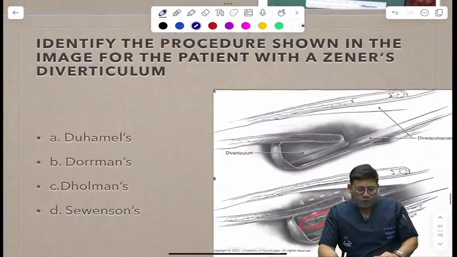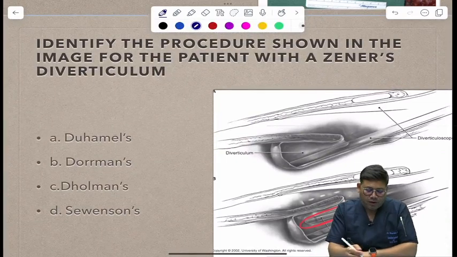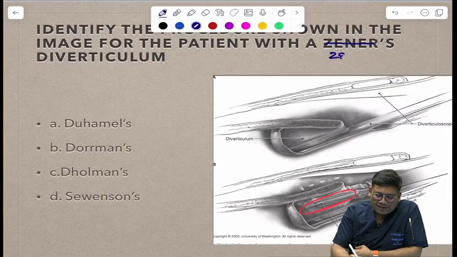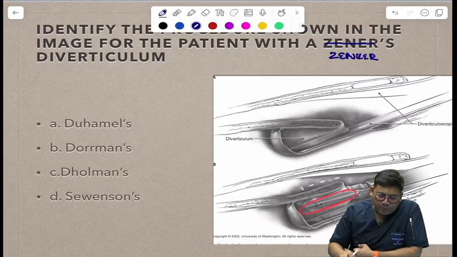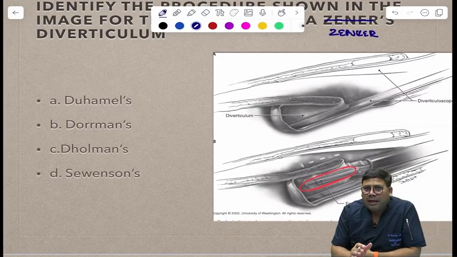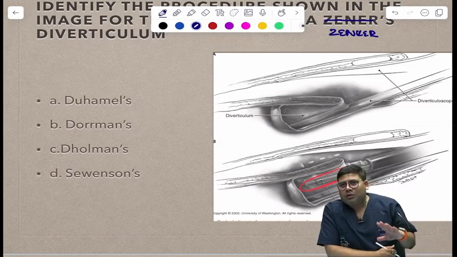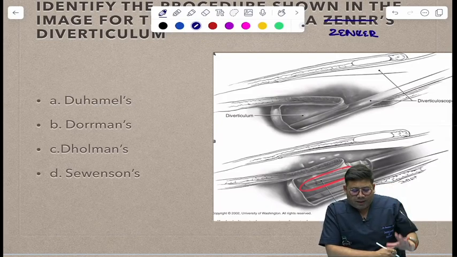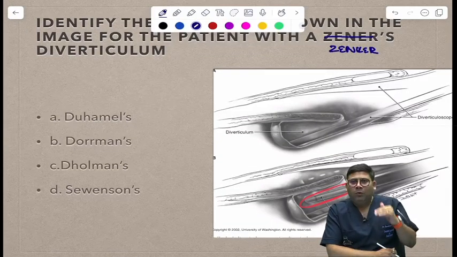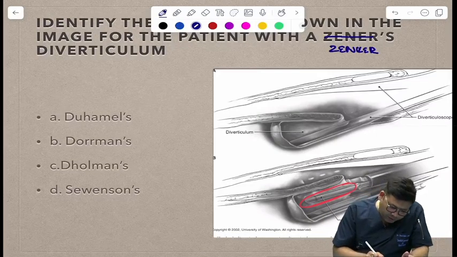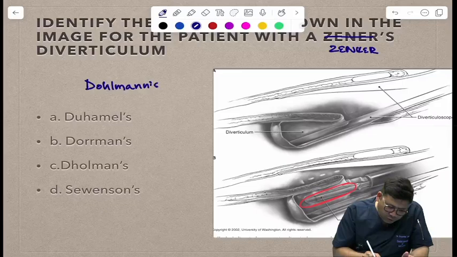बच्चे इस फोटो को देखो, identify the patient, identify the procedure which was shown. In the photo it is written Zenker's, it is Zenker's diverticulum. पहली बात, everyone knows that Zenker's diverticulum is a pseudo diverticulum where there is outpouching of the mucosa and submucosa across the Killian's triangle. So बच्चे कई बार we do an endoscopic intervention for them which is known as Dohlman's procedure. So what is Dohlman's procedure?